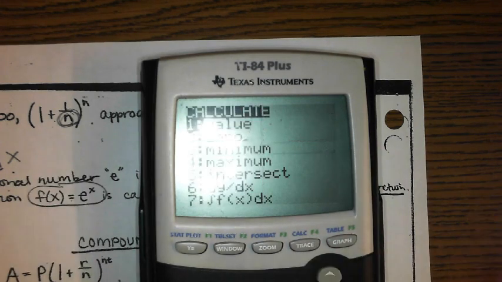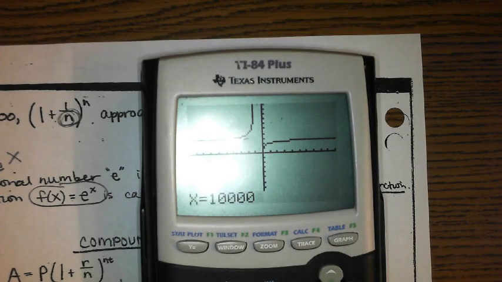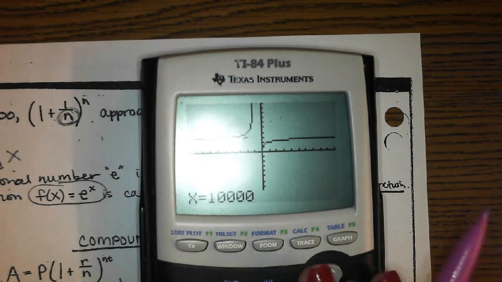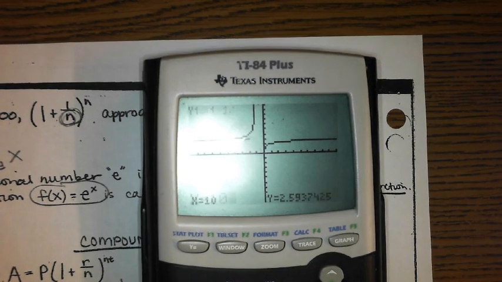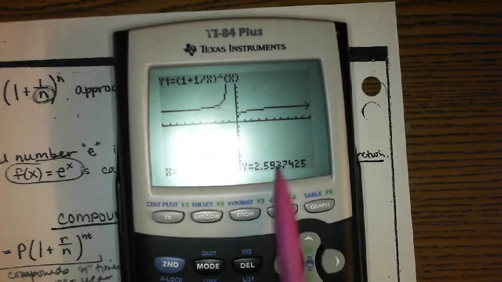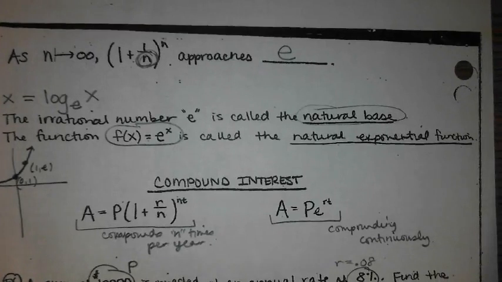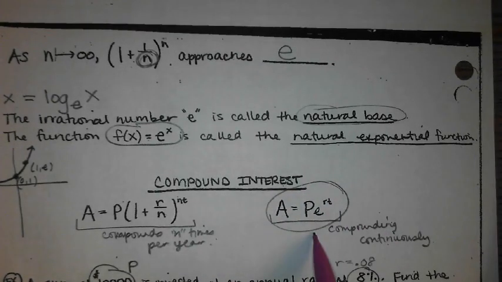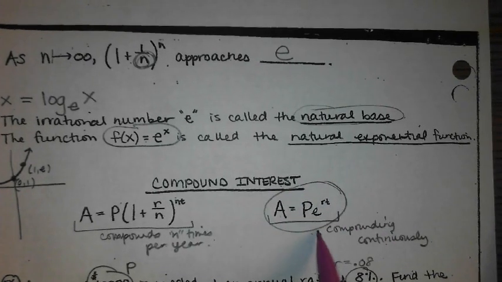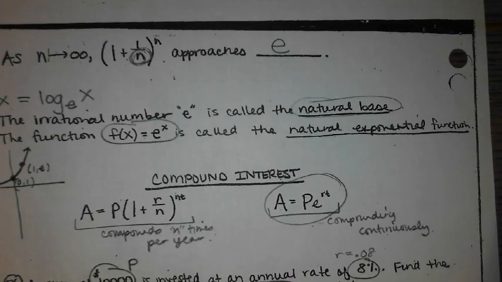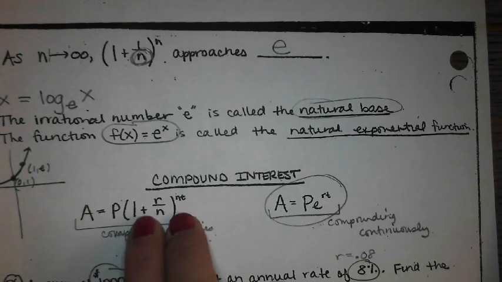If I do second trace and value and I type in 1,000 or 10,000, oh, it's not on my graph. Even if I plug in 10, this number is getting closer and closer to 2.7. Okay, so this approaches E, hence the reason why continuous compounding and infinite compounding essentially turns into the PERT formula. Did Mrs. Ziggy call it the PERT formula? Okay? That's because as this expression goes towards infinity, that value just goes towards